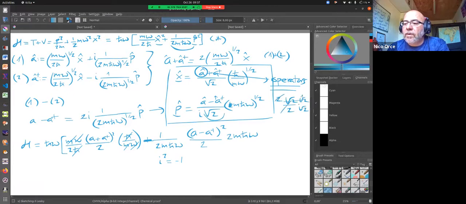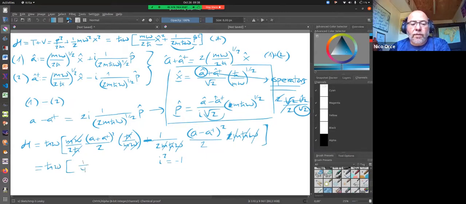And you have 1 over square root of 2, which is what we have right here. So that square root of 2 implies that this 2 is not there, but the square root of 2 has become a 2. And these guys, again, m, h bar, and omega, cancel with these fellows. And we have a remaining Hamiltonian, which is equal to